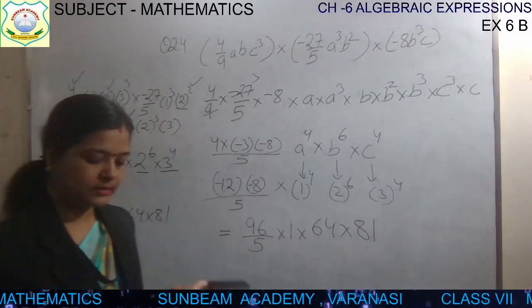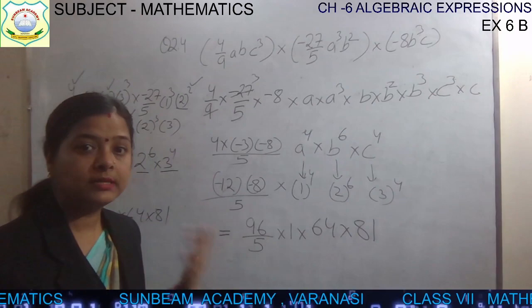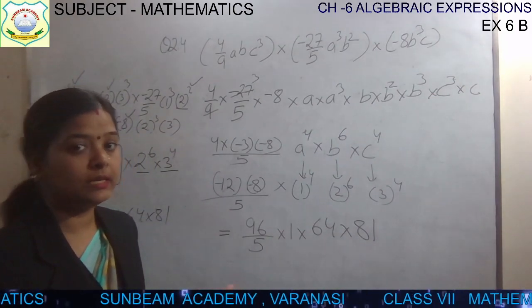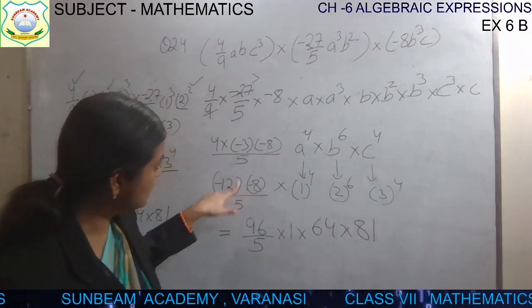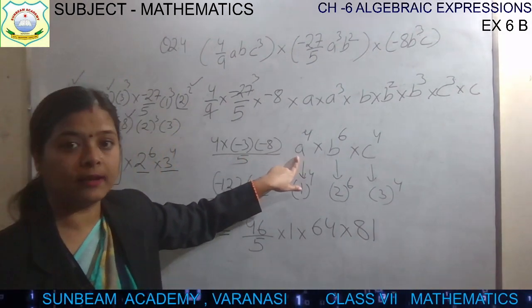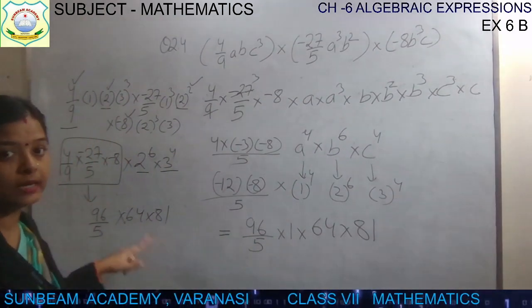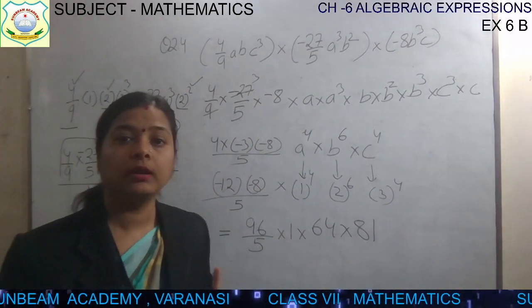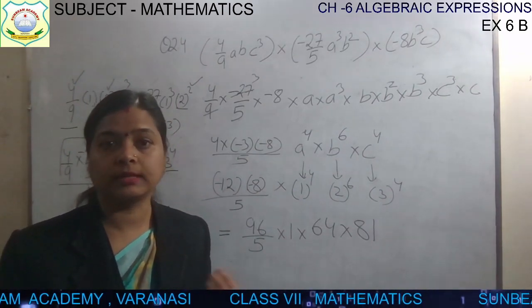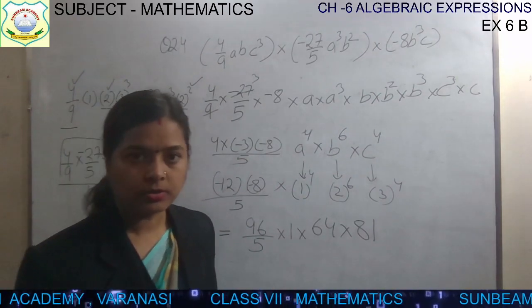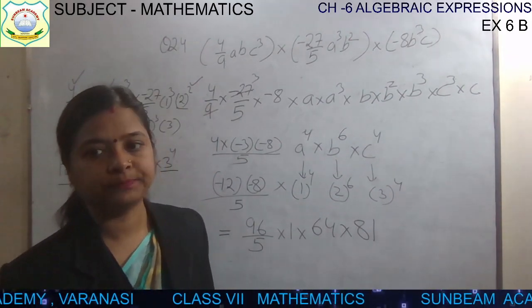Whatever final answer will come, it will be same in LHS as well as in RHS. Means you will put the value of ABC in the question also. ABC की वैल्यू वहां पे भी रखेंगे और ABC की वैल्यू यहाँ पे भी रखेंगे, जो प्रोडक्ट आएगा. और दोनों का आंसर मैच करना चाहिए. Then only your solution is correct. This is called as verification. ये इसको कहते हैं वेरीफाई करना. ठीक है. So you will write LHS is equal to RHS, hence verified.